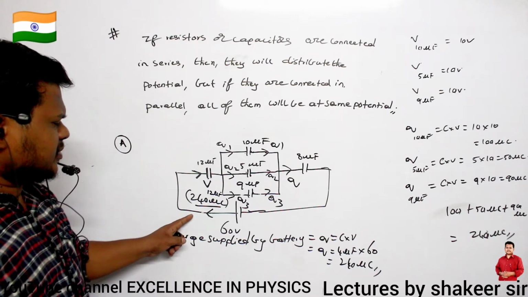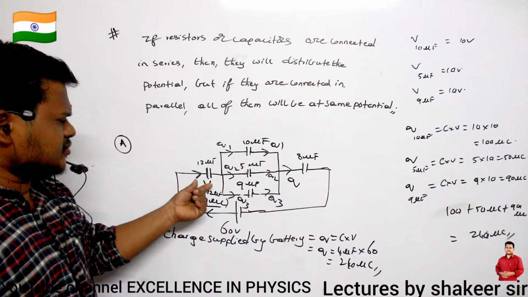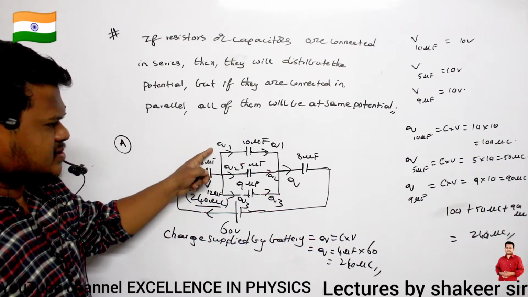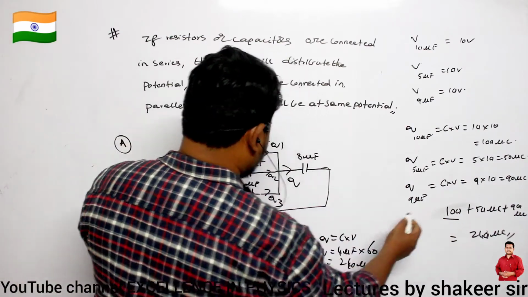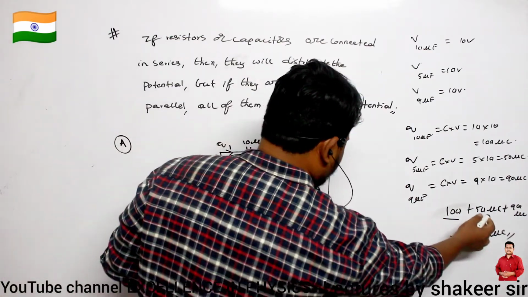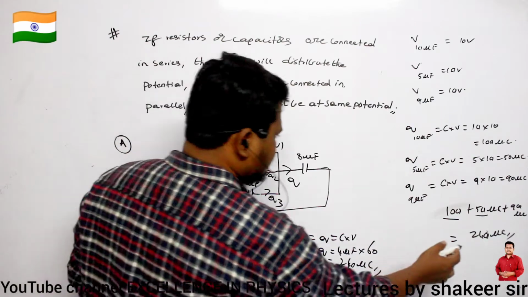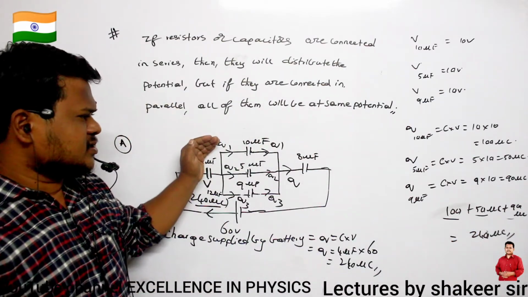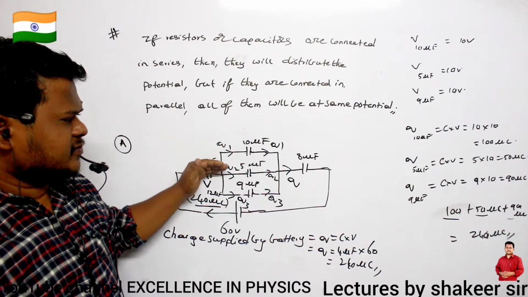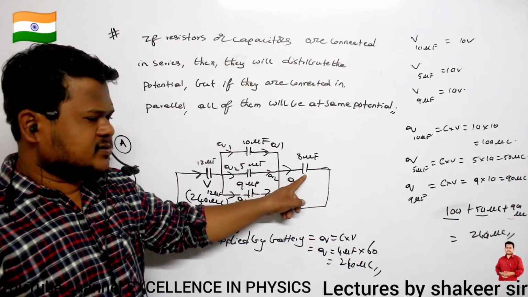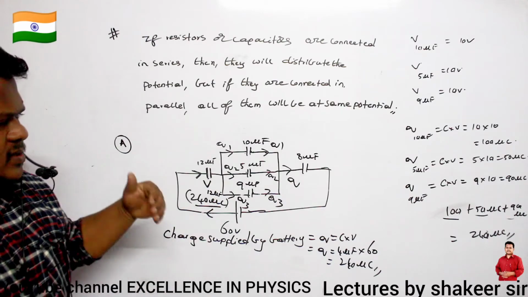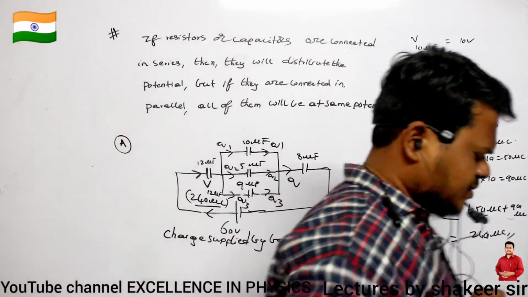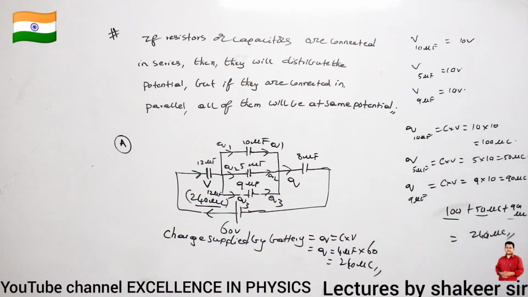So this 240 microcoulombs of total charge will enter, and then it will get divided into 3 branches. So what is the charge present here? The charge present here is 100. The charge in the second branch is 50. The charge in the third branch is 90. So if you add them, again it should be equal to 240. So these 100, 50 and 90 will again enter into the 8 microfarads capacitor. So this is how we should understand the distribution of potential and charges. Clear? Make a note up to here.